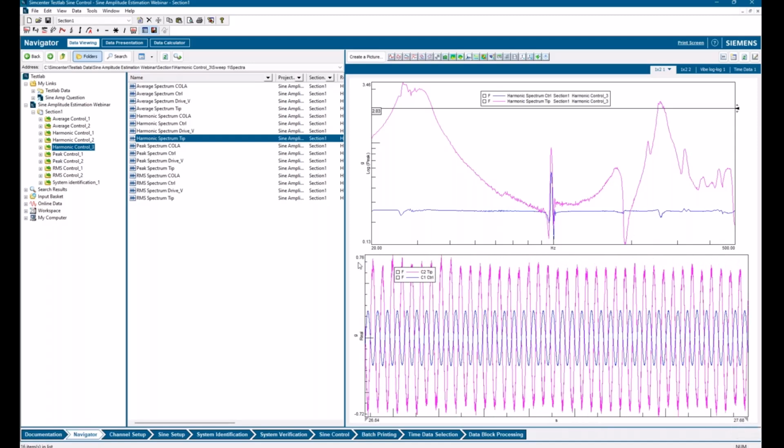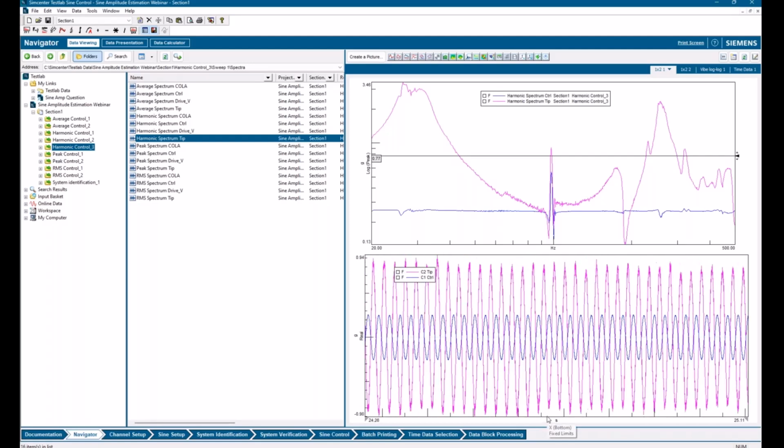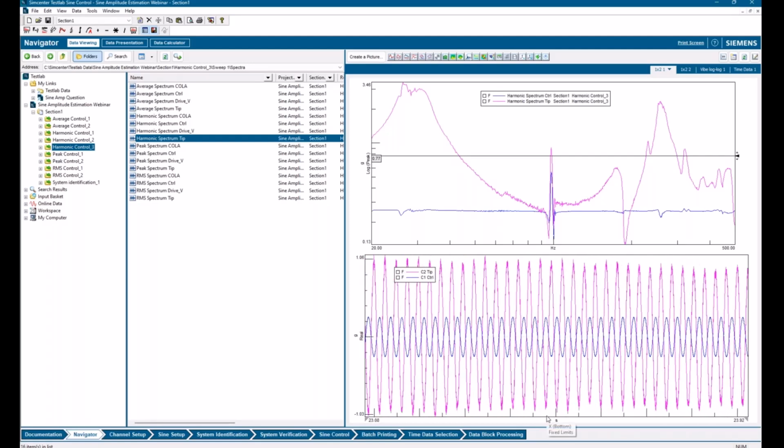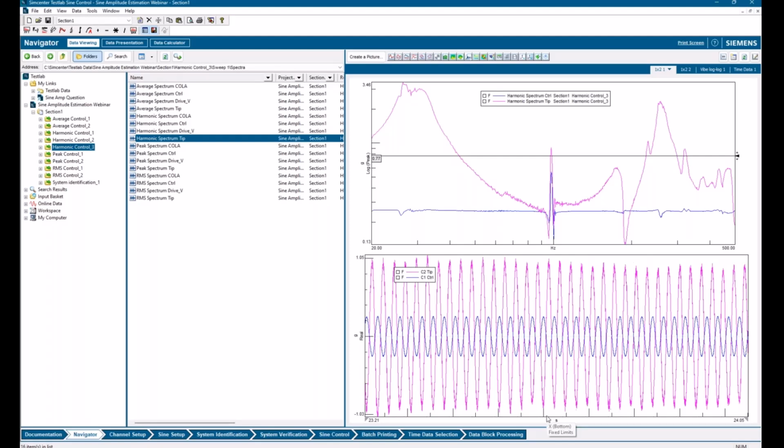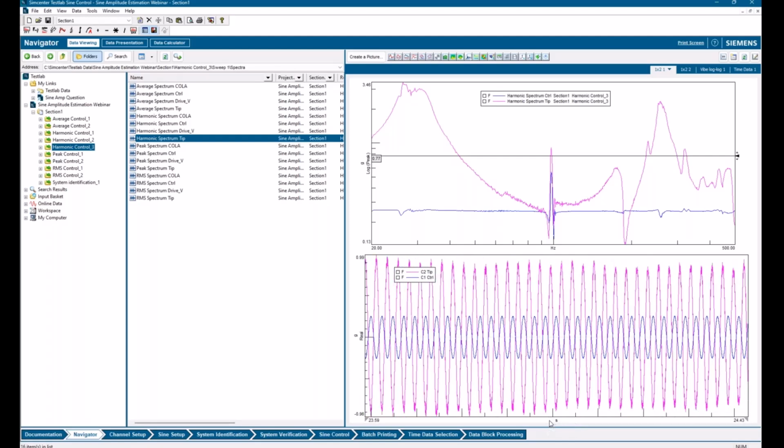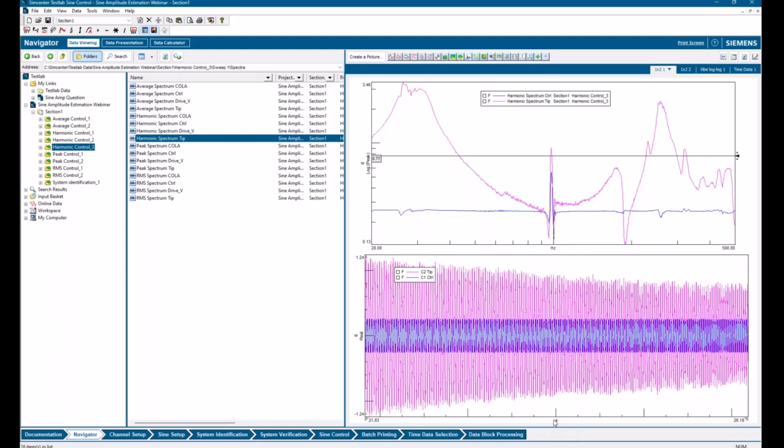So now we're at 0.76 Gs. So we're somewhere in here in our sweep. Let's keep going here. Continue to go down.